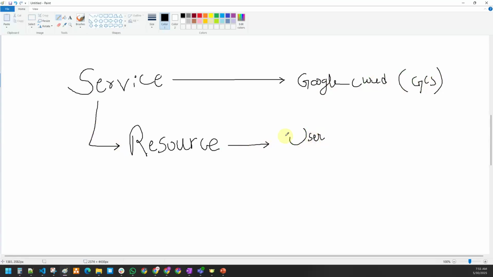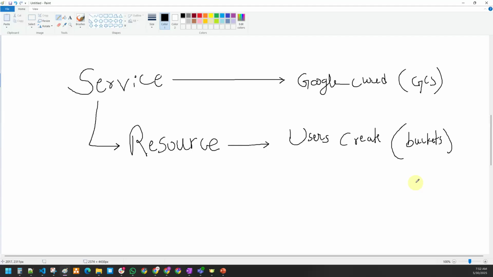For your project requirement, users create the resources. Under GCS, you create buckets to store the data. So this is the difference, guys. Services are offered by Google Cloud Platform, for example Google Cloud Storage, Cloud SQL, BigQuery, Dataproc, Dataflow. These are all offered by Google Cloud Platform.